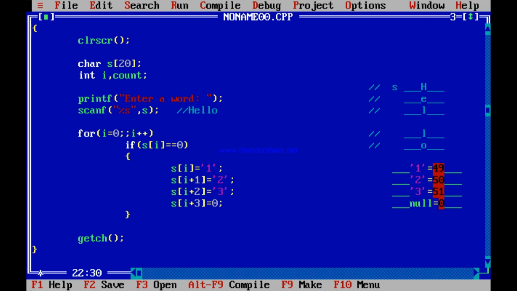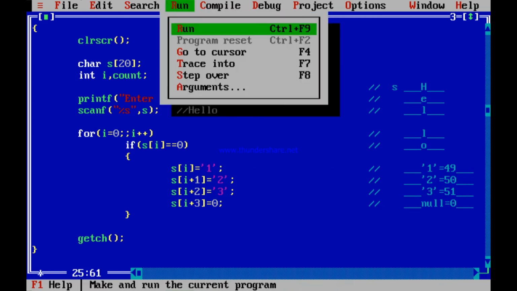I'm just commenting out so that I can run this program now very quickly. Now let me run this program. Alt+R, enter. Enter a word. You say hello, and oh, I forgot to do the needful, the printing and breaking out, all these things I forgot. I will have to break out of this program and do the needful.